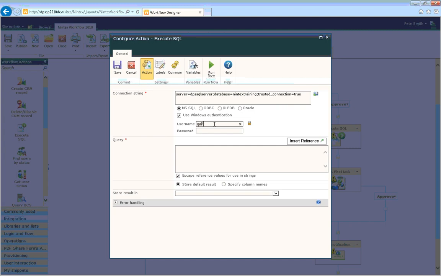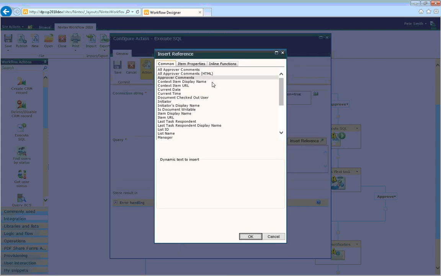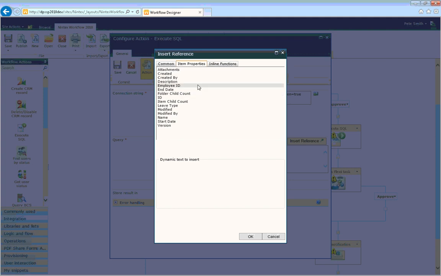Copy as Windows. And we'll just say we want to select, and we're going to use some properties here, so we're going to take some properties from the list item itself. So we're going to say we want to select the employee ID,